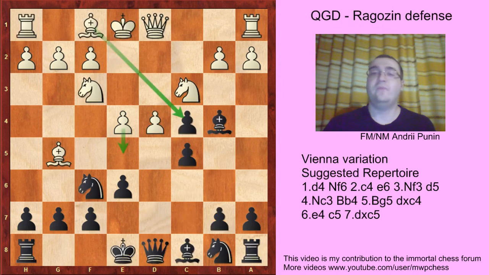Well, very positional line for white. White just goes straight to the endgame. Well, that happens in some openings, but you see that black can equalize with relatively easy play,